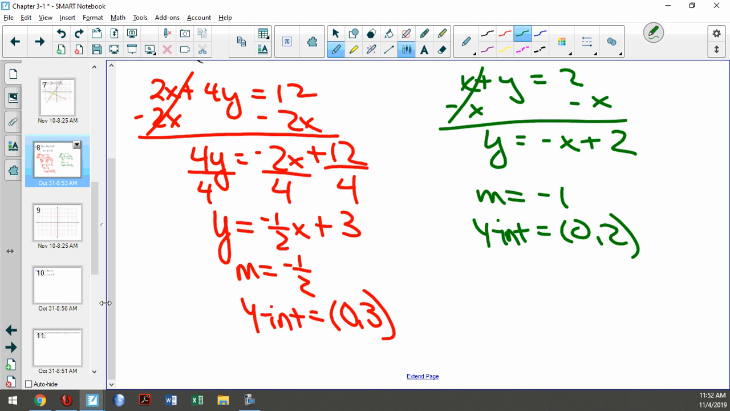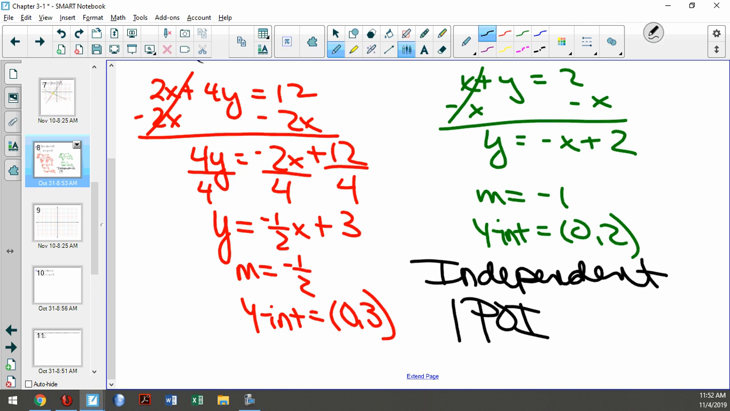What does different mean? That means that it's an independent system with one point of intersection, because my slopes are different. So now what am I going to do with that? I'm going to graph them, right? So if I'm going to graph them,